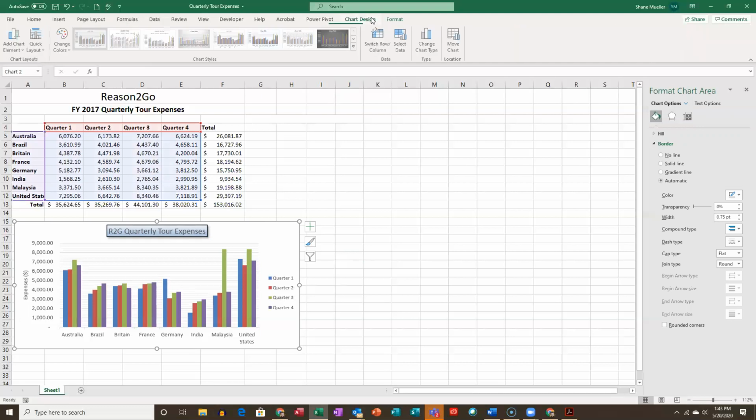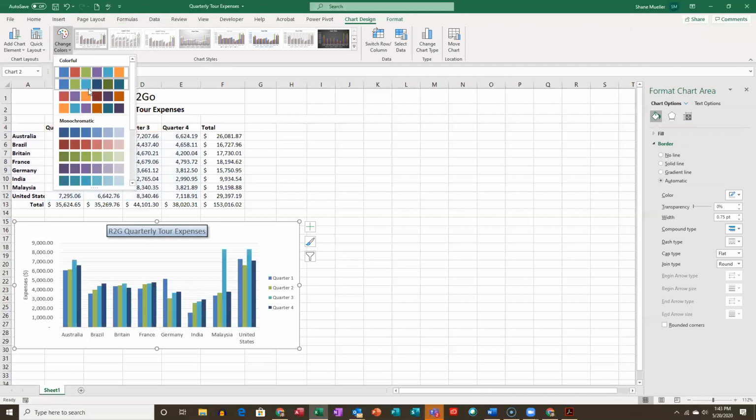And then if we go to that chart design elements, you can see right over to the left of our chart styles, we've also got this change colors option. So right now we're looking at the default colors, but if you wanted to give it a little different look, you could choose different colors as well. So you've got this colorful palette 1, which is going to be your theme colors. Colorful palette 2 is going to give it a little different feel to it. Colorful palette 3, colorful palette 4, and then you've also got your monochromatic palette, which are based on your theme